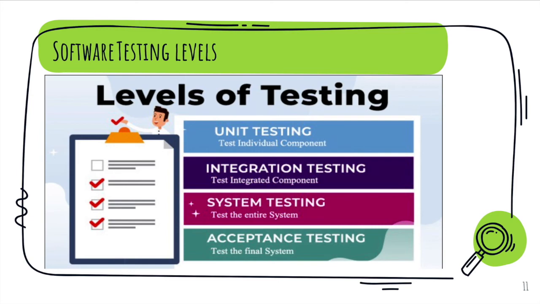System testing is like what I said: once everything has been integrated, then we are testing the whole application on one particular system. So if I want to make sure that on a Windows system my application is working fine, I will test that application on Windows. And then acceptance testing is the final requirement that was given by the stakeholder. Is it as intended? Is it working like how it was supposed to be? That is done by the end stakeholders, and it is the final test which is being done in the final system.